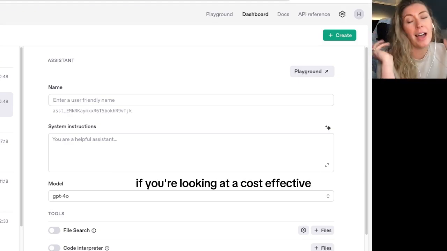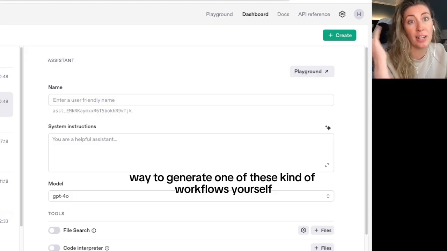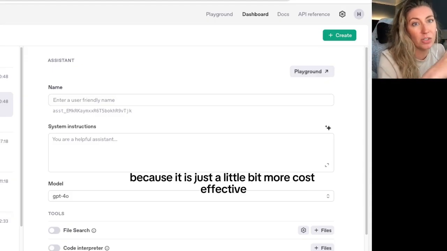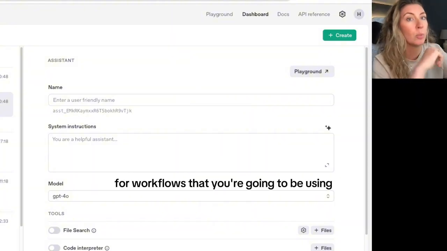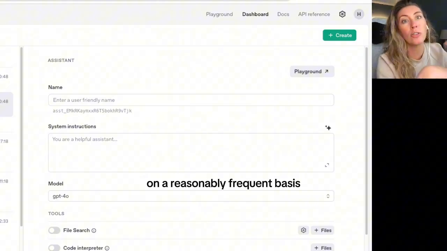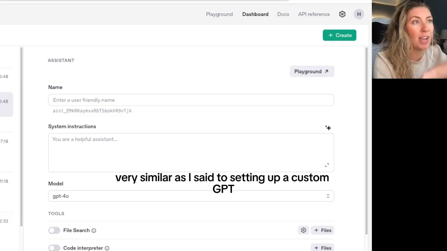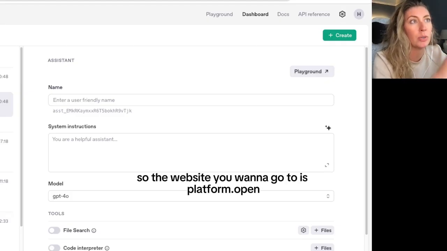So if you're looking at a cost-effective way to generate one of these kinds of workflows yourself, then I would start with make.com because it is just a little bit more cost-effective, particularly for workflows that you're going to be using on a reasonably frequent basis. So to get started, we're going to train our AI assistant, very similar, as I said, to setting up a custom GPT. So the website you want to go to is